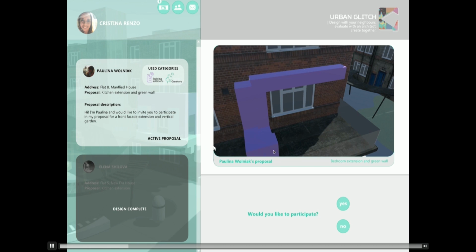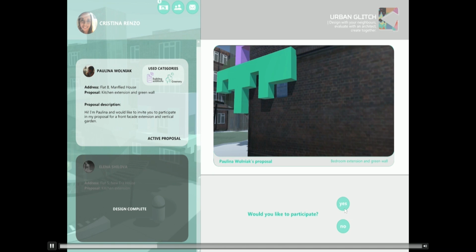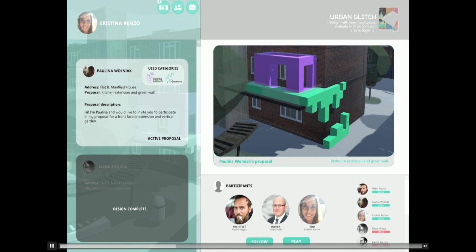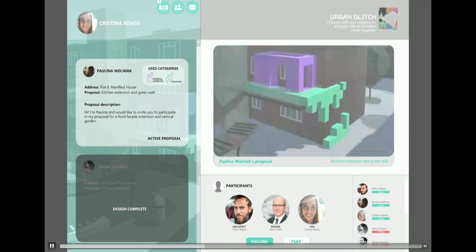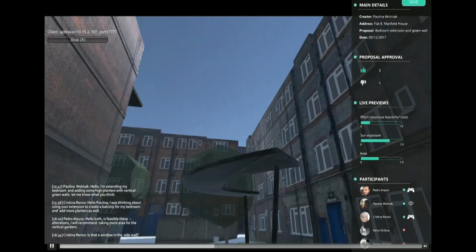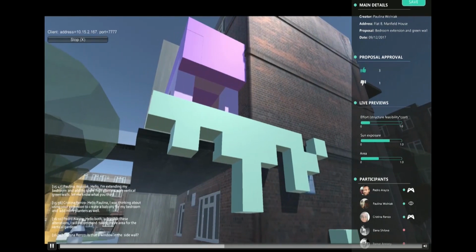In this case, initially they send the description, which specifically is a building extension. And the invitees are able to accept this invitation, see other participants, such as the architects or owners or planners that don't participate actively, but in a passive way so that they can follow the design process since an early stage.